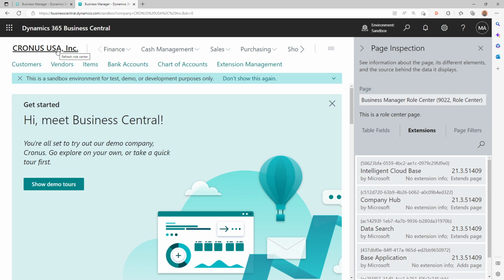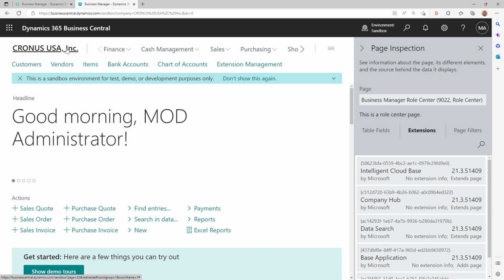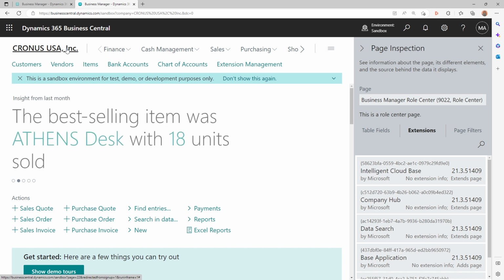Now there is a way to control who will be able to access the page inspection detail in the company. If you ask me, I would suggest everybody in the company should have access to the page inspection tool to collect this info and to share it with the right parties which are involved to solve that problem. But if you think differently based on your business requirement, there is a way that you can limit access